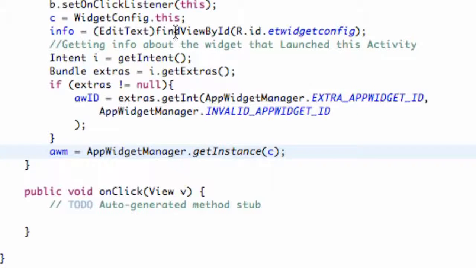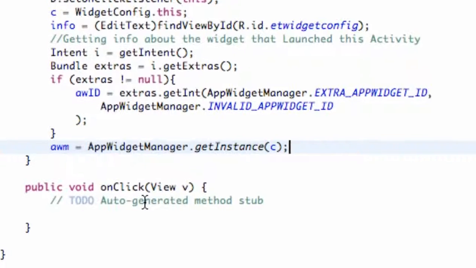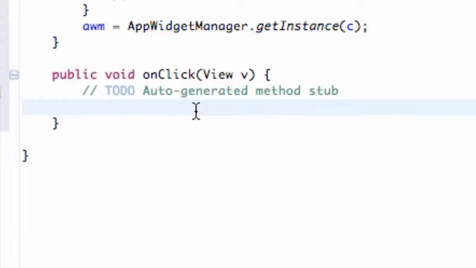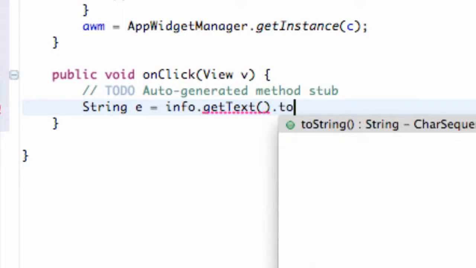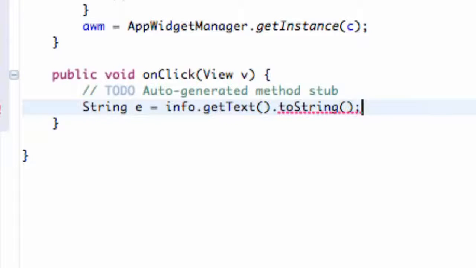And now we're just going to set up our onClick method according to what we want to happen. So we're going to create a string, call it e, and this is going to be equal to our info edit text, called info I should say, and then just getText toString. Again, nothing new. And we're just going to set up the string for this one, and then we're going to get into opening another activity. So this is similar to what we have done previously, but let's give us a little space to work here. Again, we need to set up a RemoteViews,